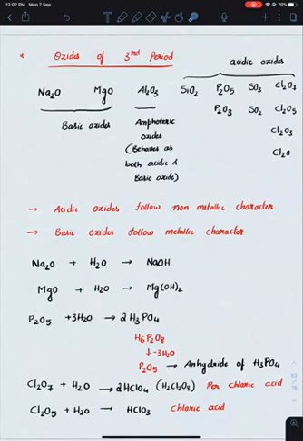Then we have seen metallic oxides, those are basic in nature. Non-metallic oxides are acidic in nature. As you go from left to right, as there is a transition from metallic character to non-metallic character, there can be amphoteric oxides which have the properties of both acidic as well as basic. Which behaves both as acid as well as base.